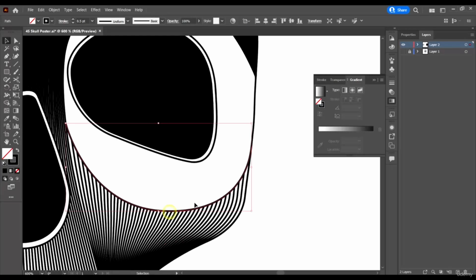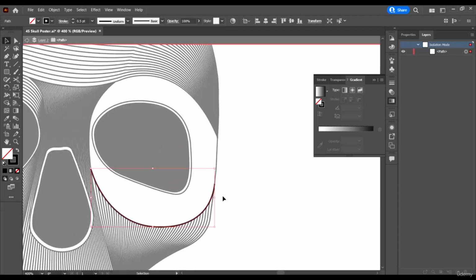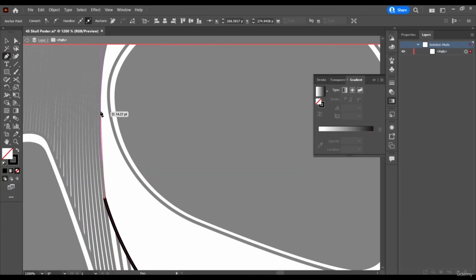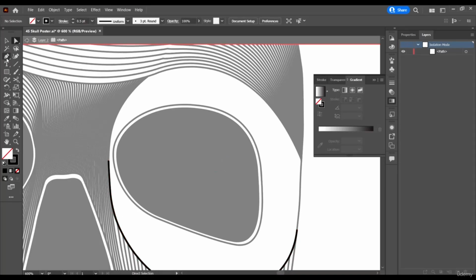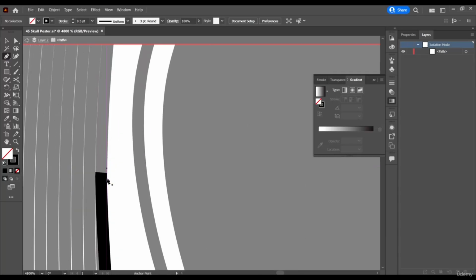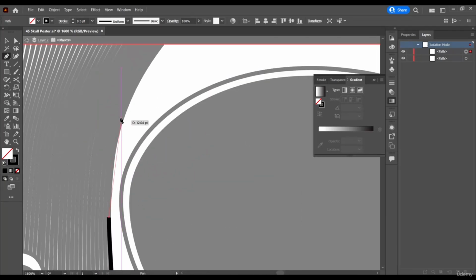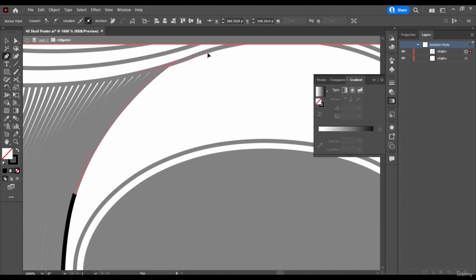Okay, so what next do we need? We need this line here. So Control C and Control F, and then isolate. And we then need to extend the line to this point. Okay, select this guy, just drag it out like this. Now we need another line, from here to this point, to cover this other part. So just use your pen tool and manually draw out the line.